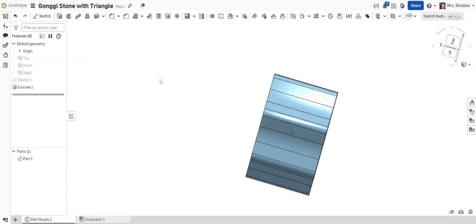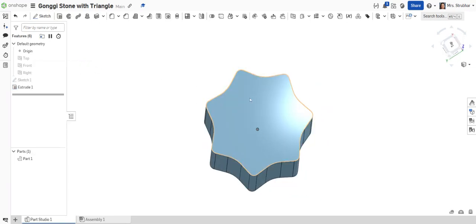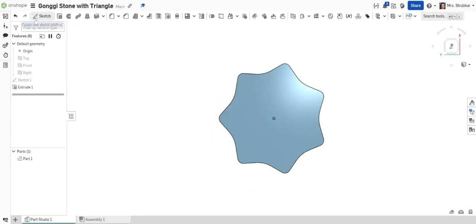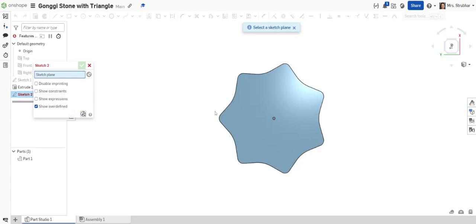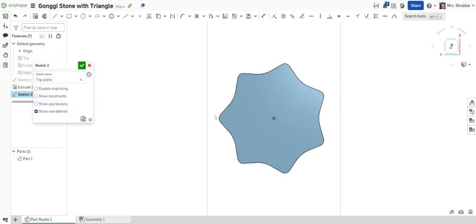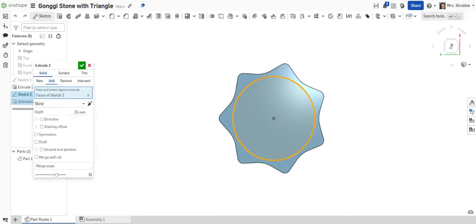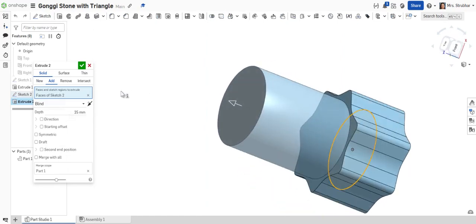The next shape is super simple. I just need a platform in the middle of this, so I'm going to add another sketch, and it's going to be on that top plane that's centered in the middle of that shape. And it just needs to be a cylinder, so I'm going to take my center point circle and I'm going to draw a circle that's not quite to the edge. So let's dimension that at 15,